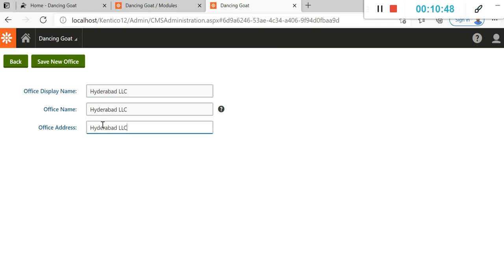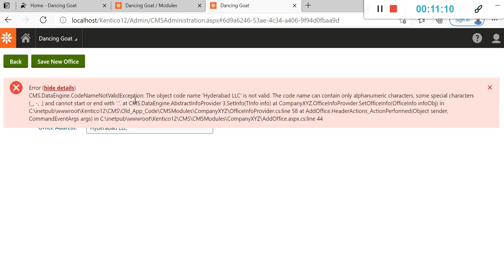Now you can see in the office name, as we looked into the previous video, the office name should be unique and should not have any spaces. So it should result in an error. If we are saving this, you can see it will redirect with some error, which is object name Hyderabad not valid. Code name should be alphanumeric characters.